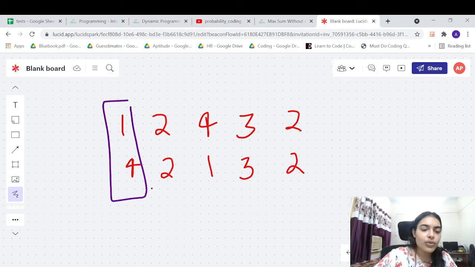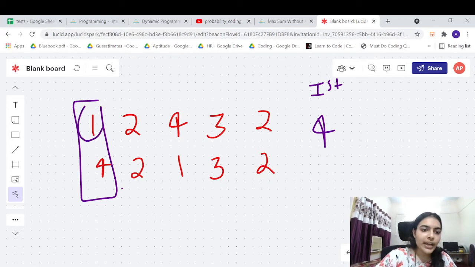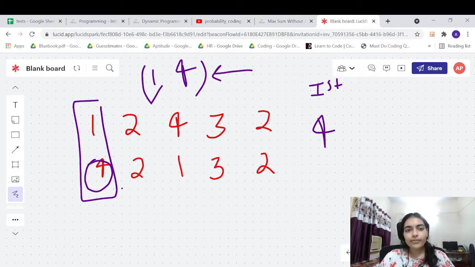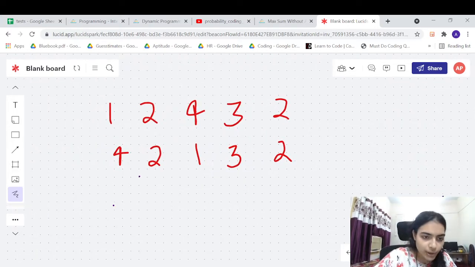So first let us take only this column. In this column, what is the answer? Answer is 4, right? I will write it down. In the first column, the answer is simply 4. Because if I take 1, I cannot take 4, so my option is either to take 1 or to take 4 alone. If I take 4, I cannot take 1. So among 1 and 4, I decide to take the maximum element, which is 4. Okay. Now let me add. So for the first column, my answer is 4. Okay. Let me write it below. Let me write it here.